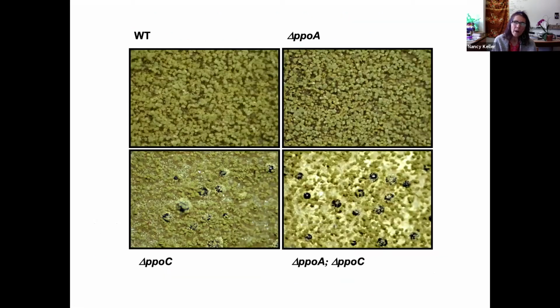Now, I'm not going to go through all this. We had many, many papers, but the bottom line is this: we found that if you delete or overexpress these PPO enzymes that make the oxylipins, you would actually change the developmental program of the fungus. Here's wild type Aspergillus nidulans. If you deleted PPOA, you got much more asexual growth and no sexual. Whereas if you deleted PPOC, you would get sexual development. This is a cleistothecium, the sexual fruiting body of Aspergillus nidulans, and fewer asexual spores.